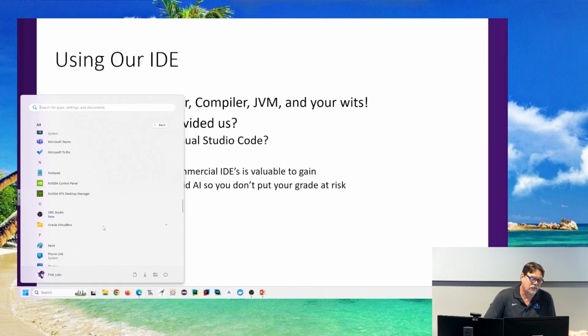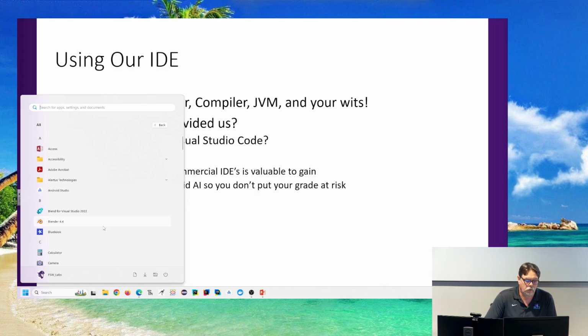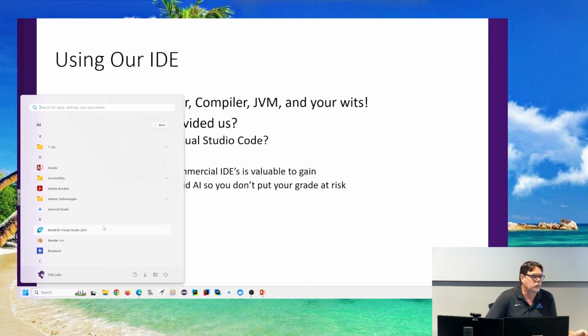So, from my point of view, that's probably your main three, unless you really want to use Notepad to develop your Java programs in here. You're probably going to want to use Eclipse or IntelliJ or Visual Studio Code. Anybody using any other tools than that yourself, or played around with them, or read about them?